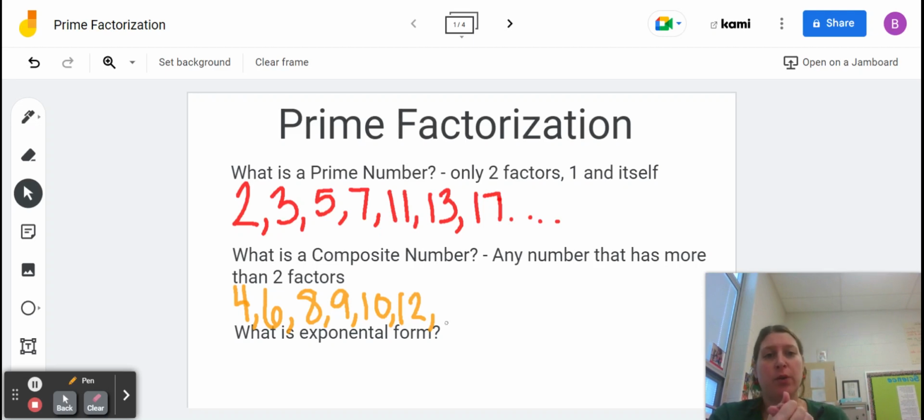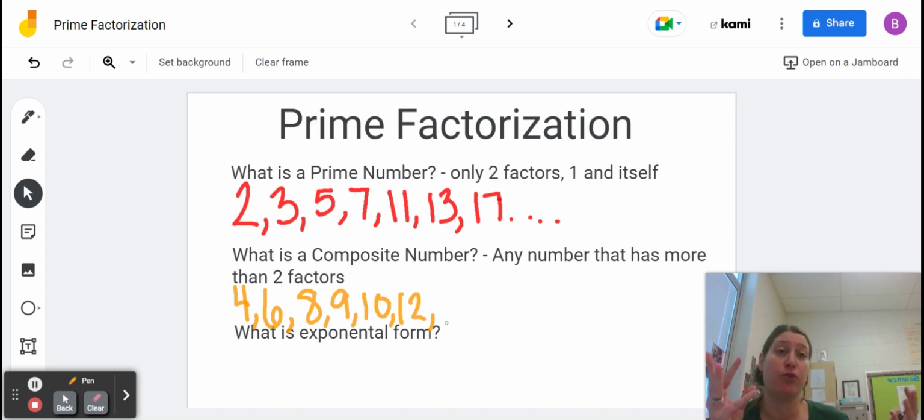So what we're going to be doing is breaking our numbers into prime numbers at the very end. We are allowed to use some composite numbers, but then we're going to break down our composite numbers to all primes, because every number can be listed with just prime numbers when I multiply them together to get to that number. So we're also going to need one other term for this, and we're going to need to